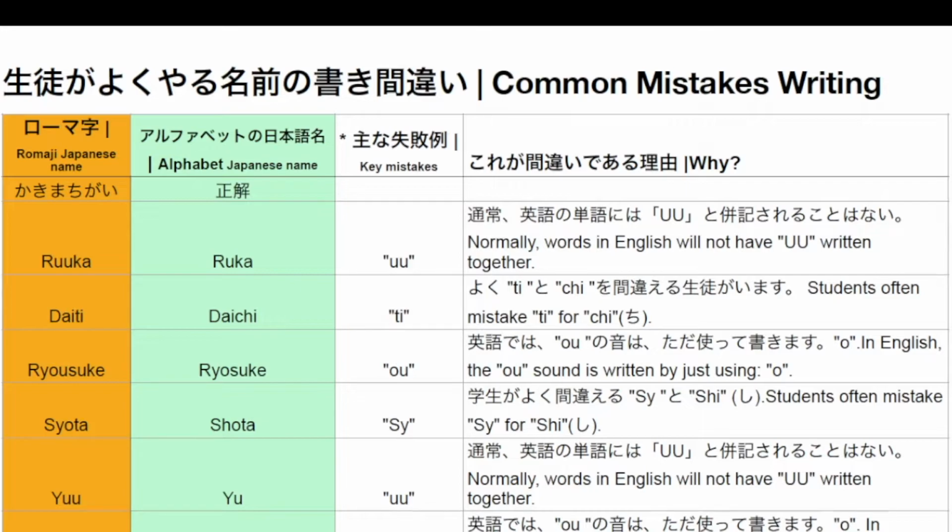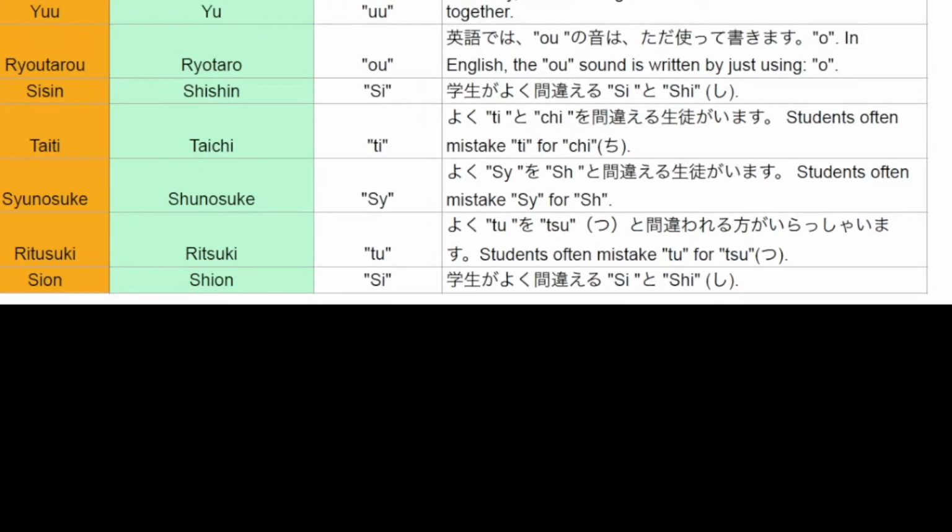So you do not need to put two U's. It is strange to write this in English because you makes the long U sound, just like in ruka. You, ruka, same thing. Now back down to